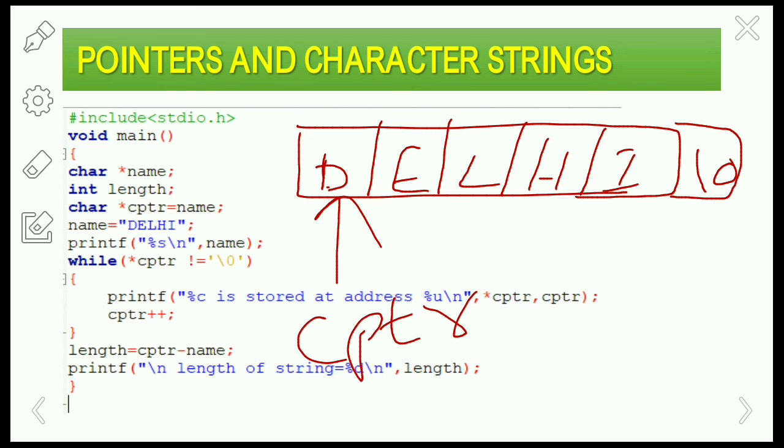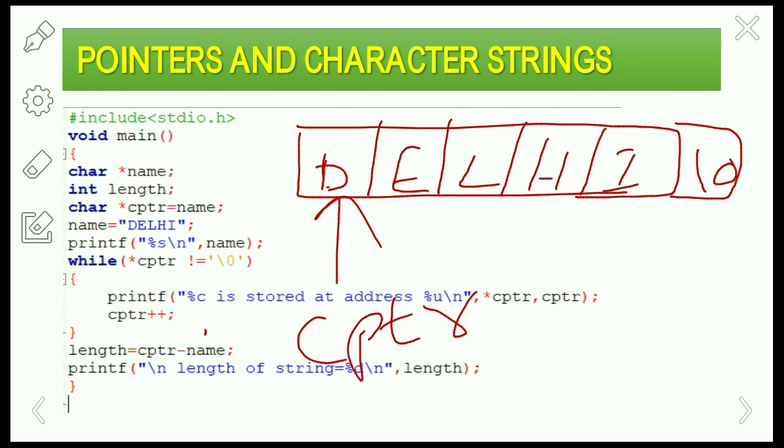We have to print the characters in the particular string: %c is stored at the address location %u. We take %u because it is an address. So we print the address location, and %c is the character at that address in the given array.